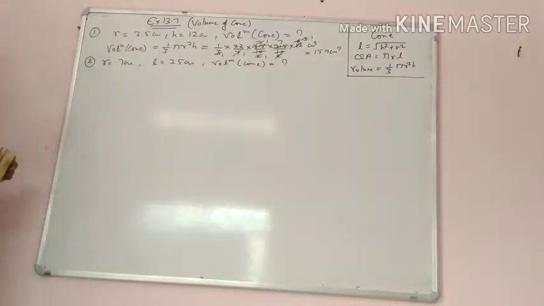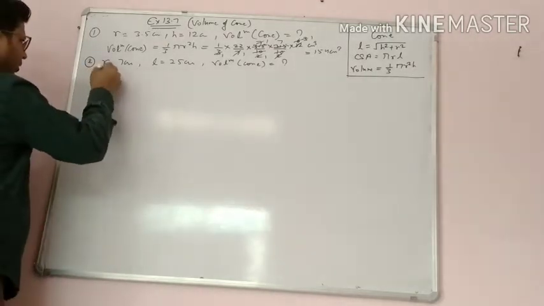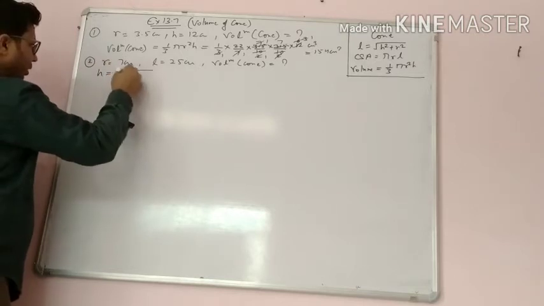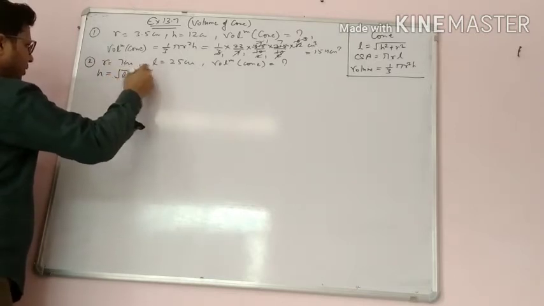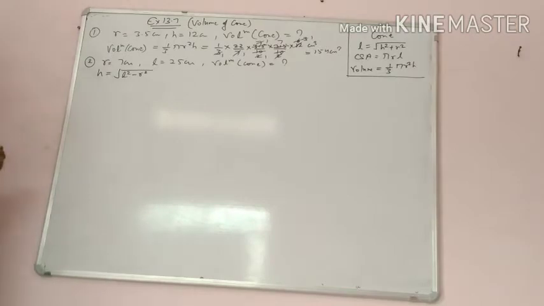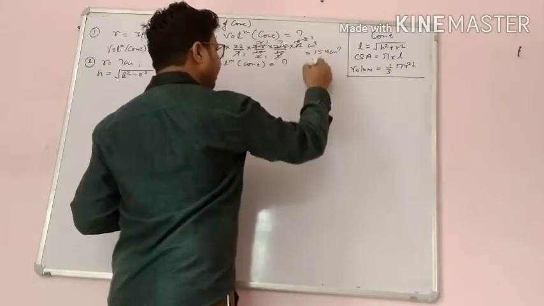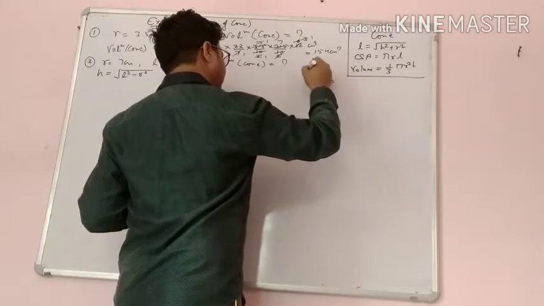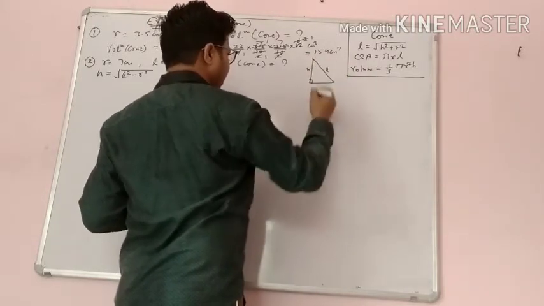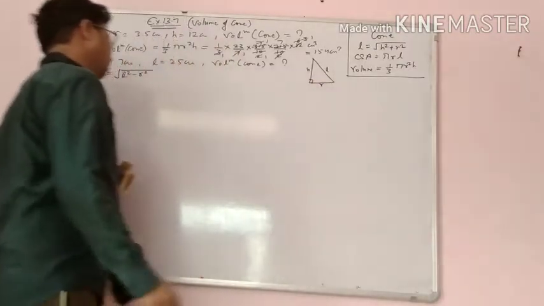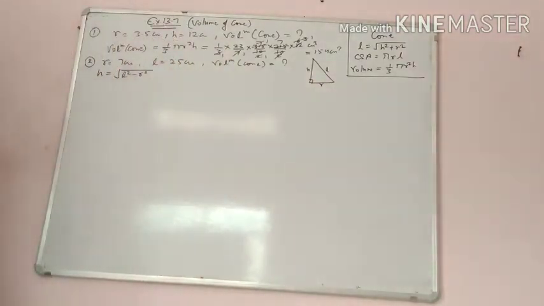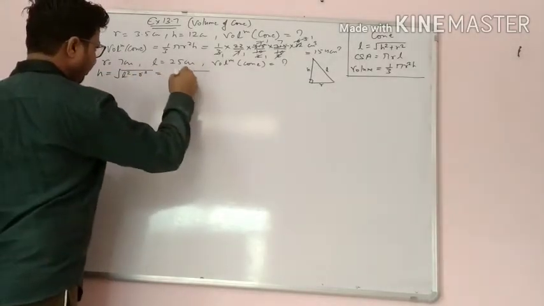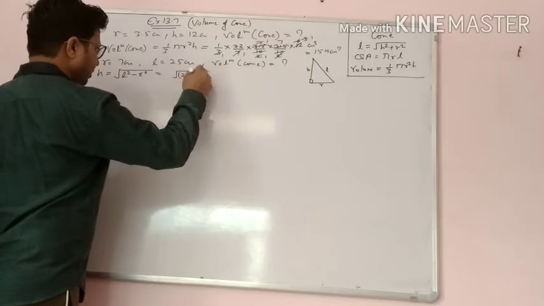To find out the volume of cone we require h. What we required? h. When l and r are given, then h is equal to the square root of l squared minus r squared, because in between, that kind of triangle will form a right angle. It is l, that is h, and that is r. So by Pythagoras theorem, h is equal to the square root of l squared minus r squared. Square root of 25 squared minus 7 squared